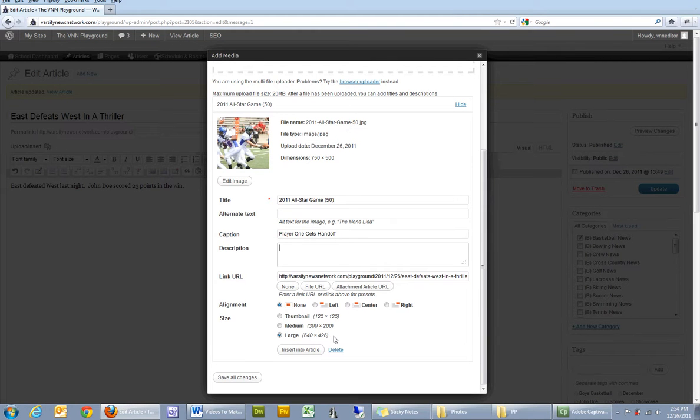In terms of sizes, we can put a small thumbnail, medium-sized picture, or we can do the large, which would stretch the full length of the content area. More often than not, you could put medium if you wanted to align text around it, but if you wanted it to take the entire width of the content area, you could just leave it on large. What we're going to do is we're going to select medium,